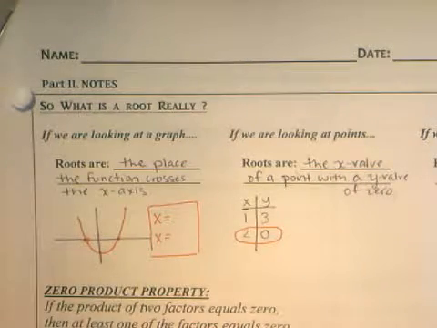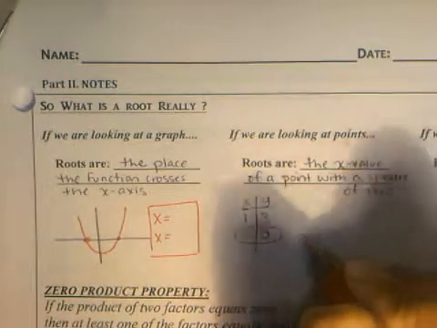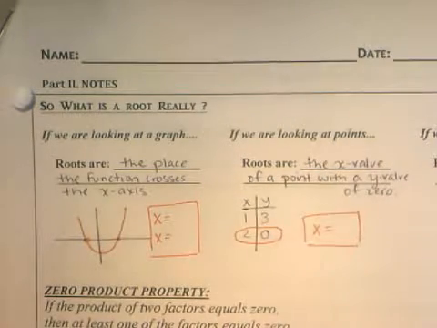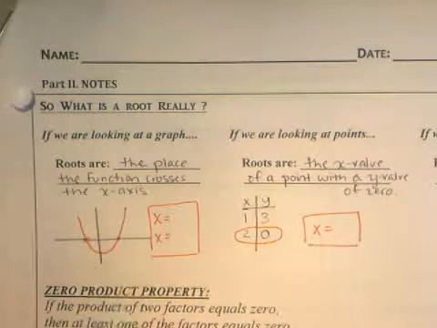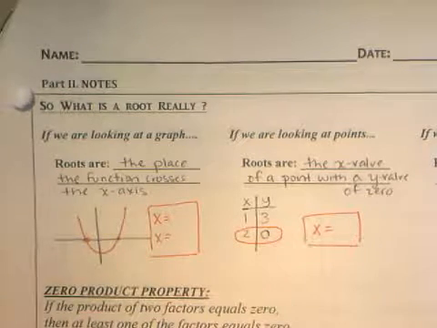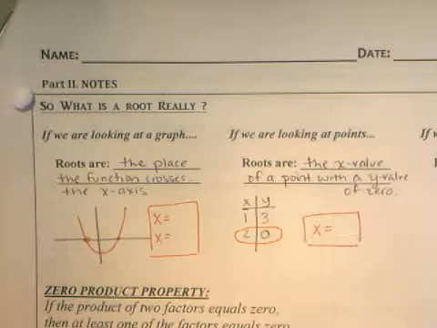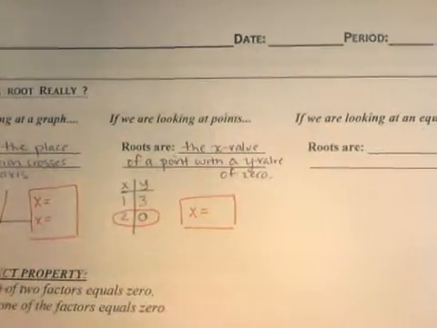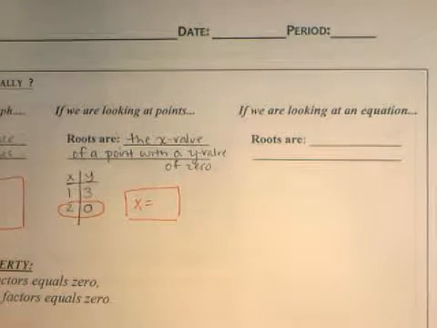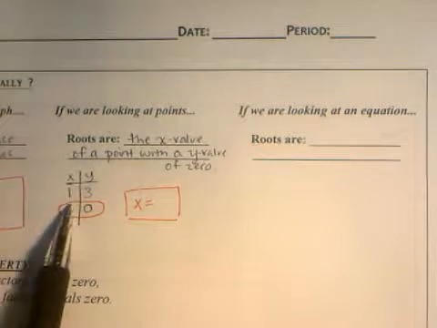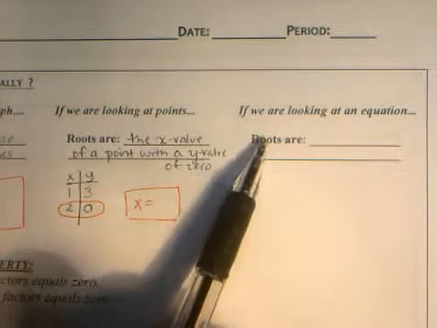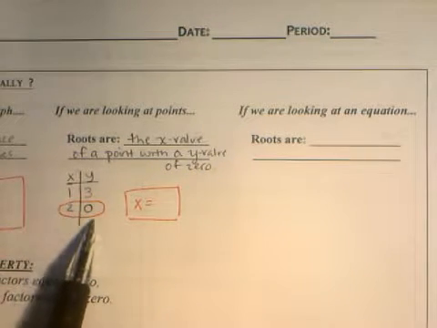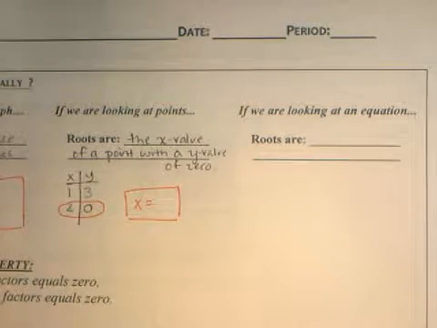And even though we used a different definition, we still are going to write our answers in this format with x equals, or x equals and x equals if there were 2 of them. And then we can use these 2 and the connection between them to actually generate a third understanding of what a root is, which is if we have an equation or a function, even without looking at the graph, even without calculating points, we can understand a root as an x value that you plug into the equation and get out a 0. To phrase this in terms of inputs and outputs,